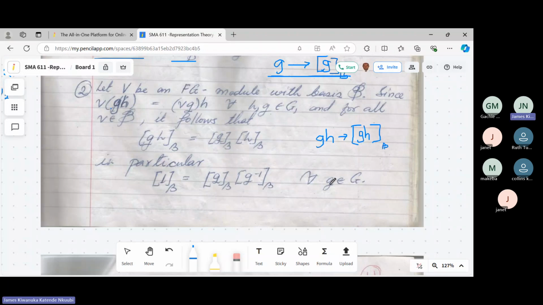So that becomes your new matrix. But you need to check how you get this matrix. This matrix is the one that is determined by this element. But since this V is an FG module,